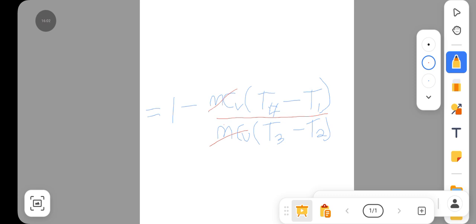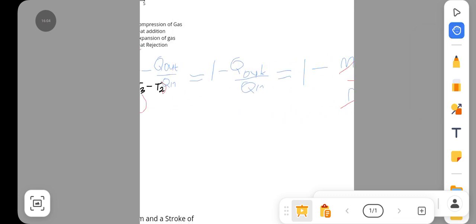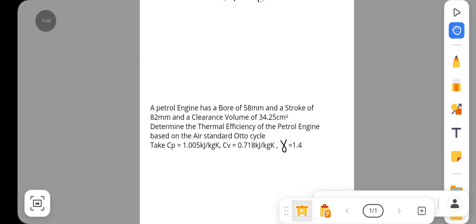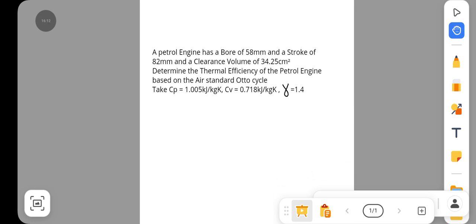Now we can move on to solve a question over here. Let's take a look at this question: a petrol engine has a bore of 58 millimeters and a stroke of